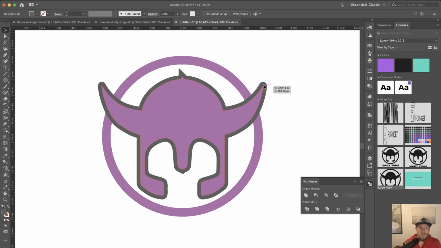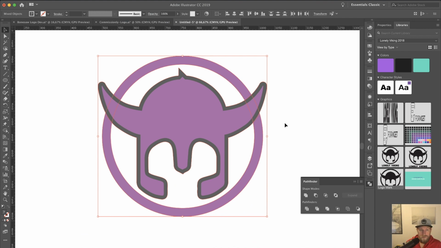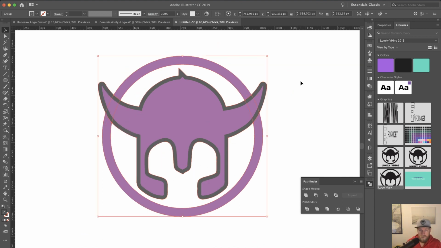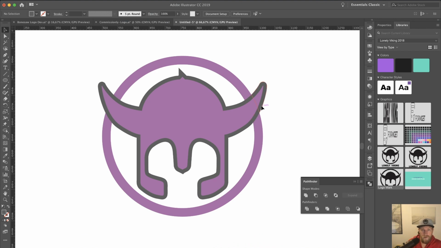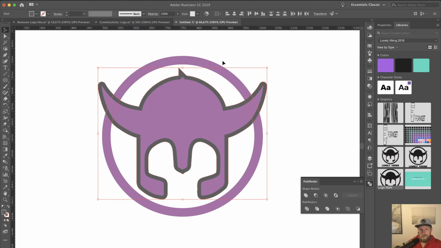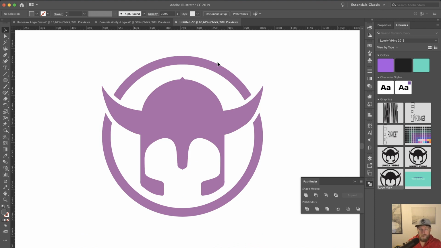Okay, so we select that gray shape and the circle, and then we go to the Pathfinder and we say divide, and then Shift Command G to ungroup them, and then I'm going to select that gray and go to Select, Same, Fill Color. So it's selected all the gray, and I'm going to delete it. And now we have the logo